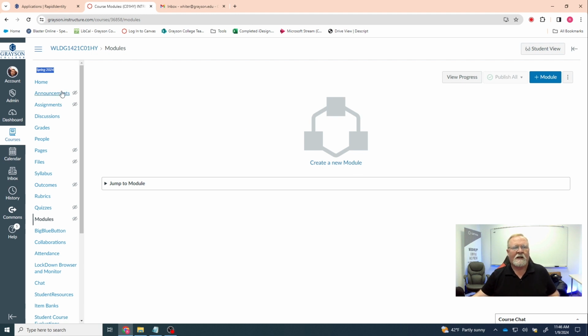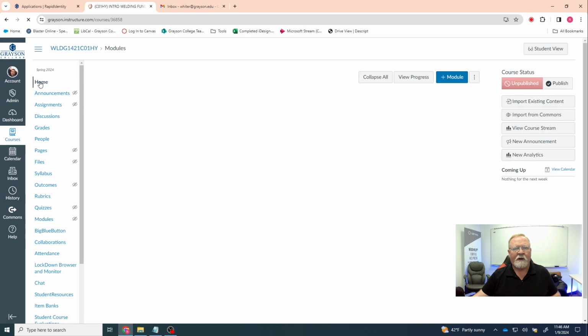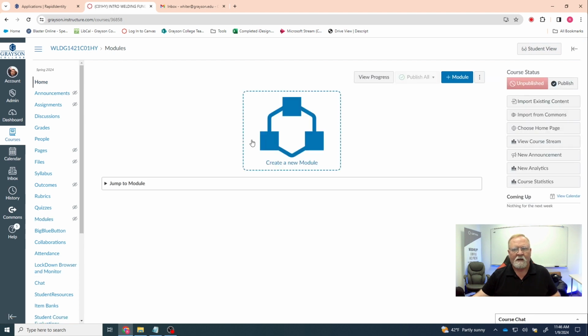So let's go ahead and go to the home link here. We need to go to the home page, and it's going to tell us we don't have anything copied in there, but now we can click on the import existing content. This is step one. We need to import existing content. We're going to import the template, and so I'm going to click on that,